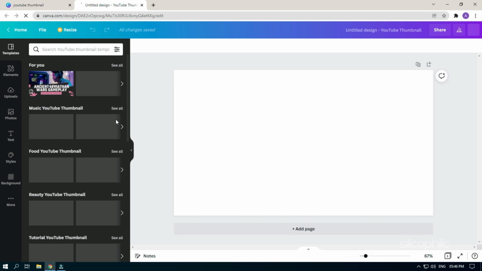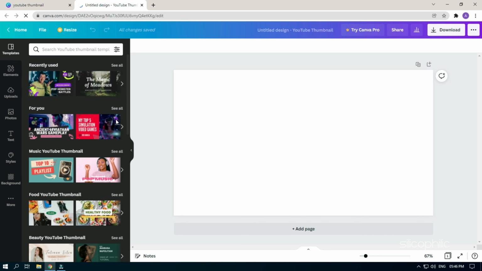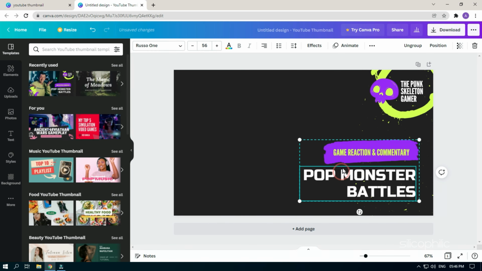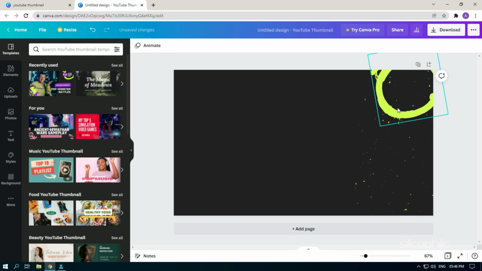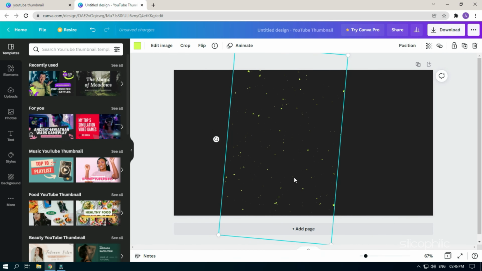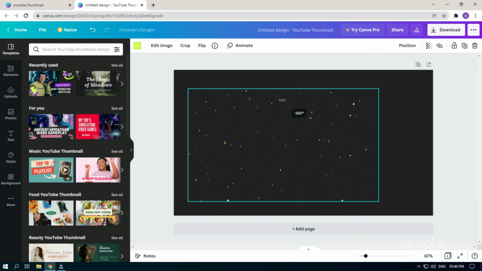First, we will have to select a template as the backbone for the thumbnail. This simply makes the process faster, but you can always manually aggregate the elements. Let's pick this one. I like the background here. Remove everything that we don't want from the template. As you can see, all these are different elements that can be added and removed separately. I like this element, so let's set it as a background.